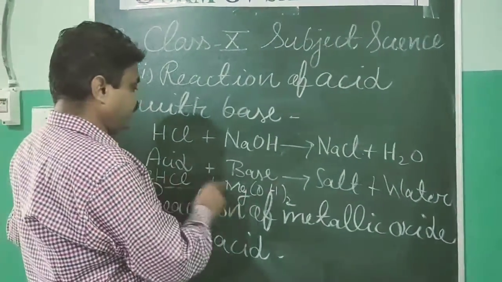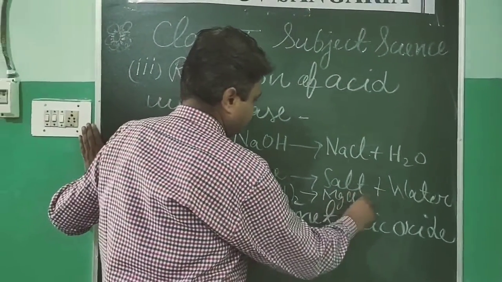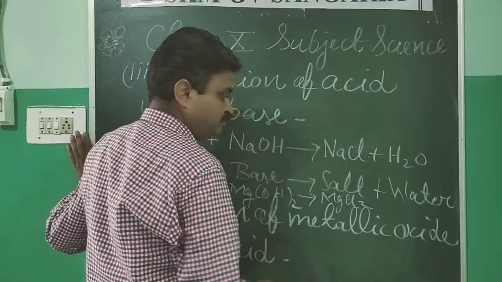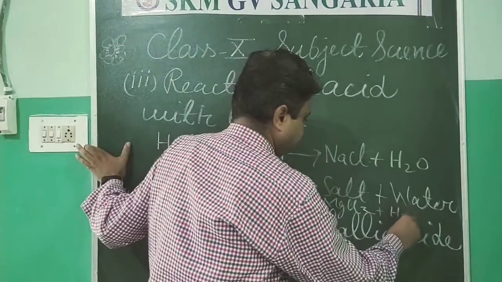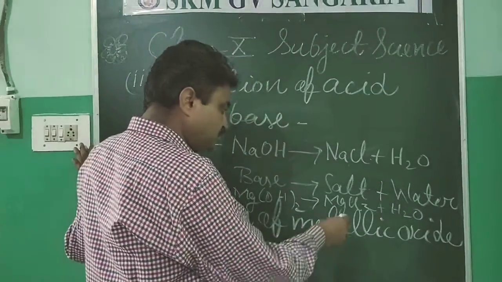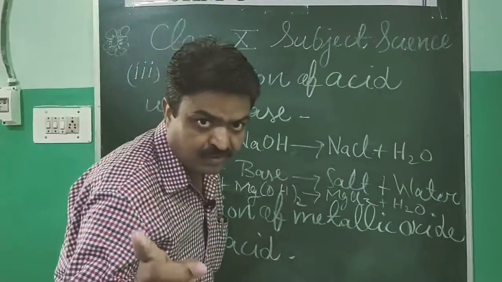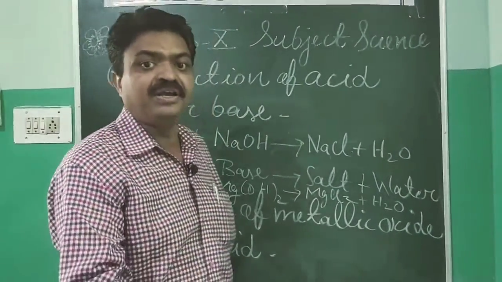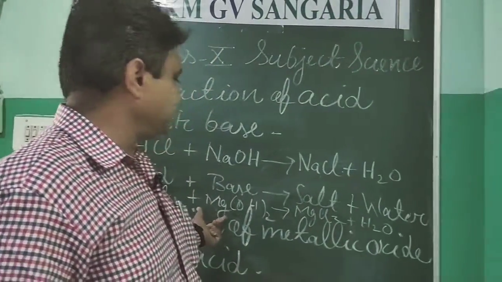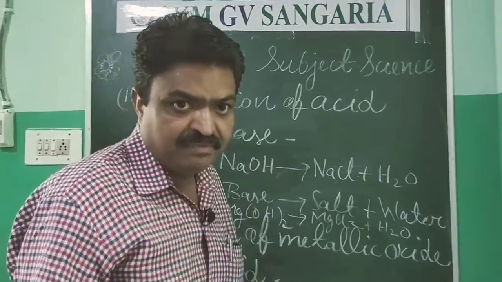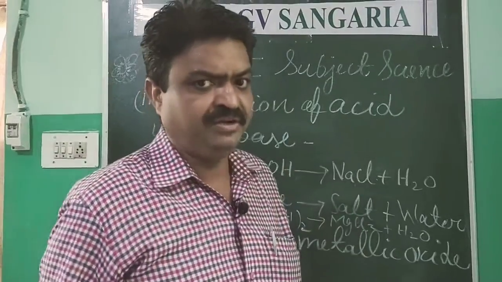Now, when we react it with HCl, then what is formed? MgCl2 is formed, and with this water is released. So this reaction takes place in case of acidity when we take antacid in the form of milk of magnesia, and the chemical name of milk of magnesia is magnesium hydroxide.